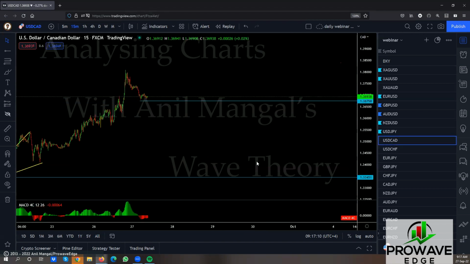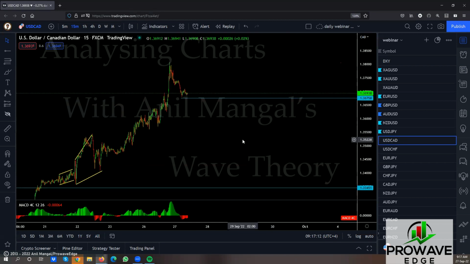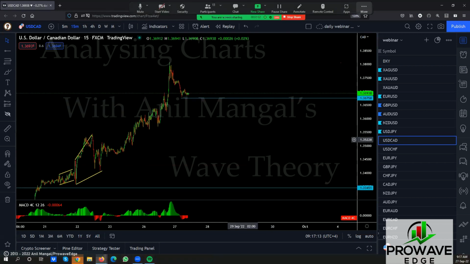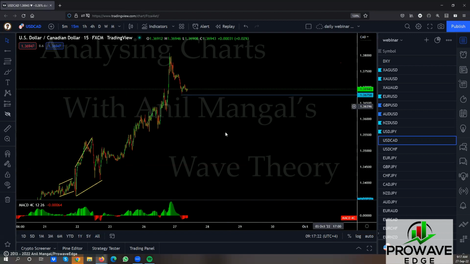CAD. This is the one we have a sell setup in. So we want this to literally consolidate here, do this, and then we go for the sell. But you can put that sell there already if they're making the first impulse.